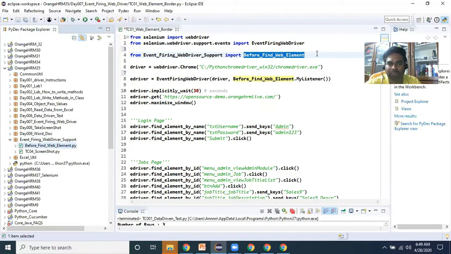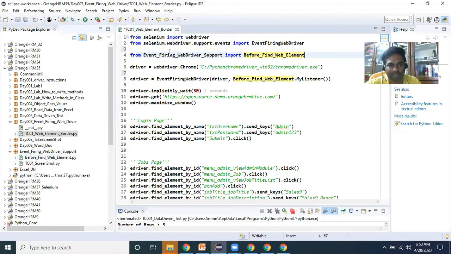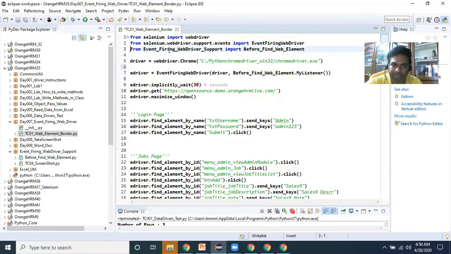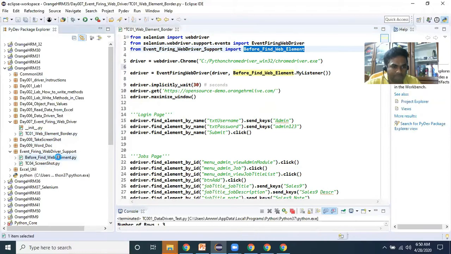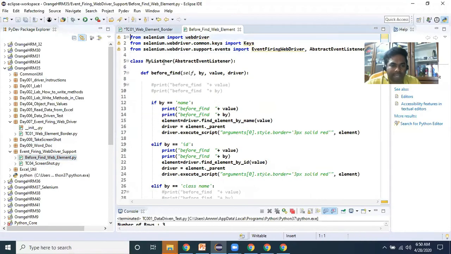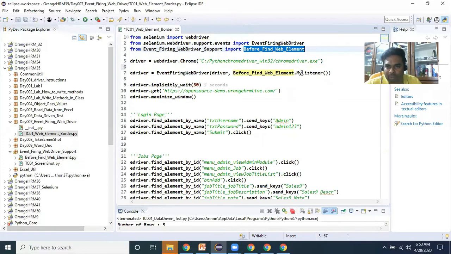I'm importing this Python class as the supporting class for this program. It contains my listener class, so I'm giving that class as the input to create an event firing WebDriver.